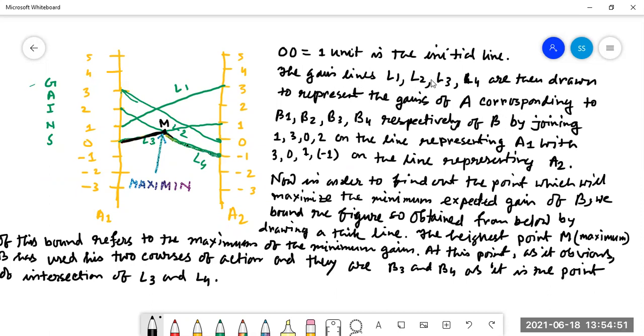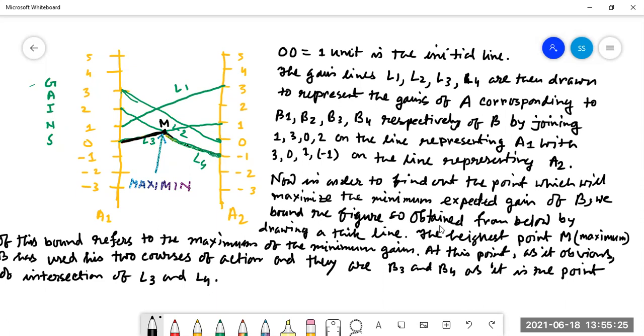The gain lines L1, L2, L3, L4 are then drawn to represent the gain of A corresponding to B1, B2, B3, B4 respectively of B, by joining (1, 3) is the L1, (3, 0) is the L2, (0, 1) is the L3, and (2, -1) is the L4, on the line representing A1 and on the line representing A2. Now in order to find the point which will maximize the minimum expected gain of B,